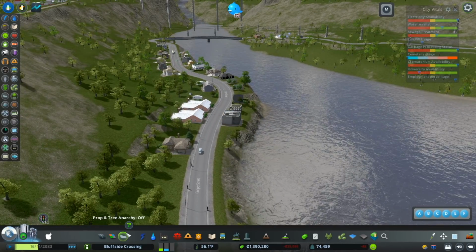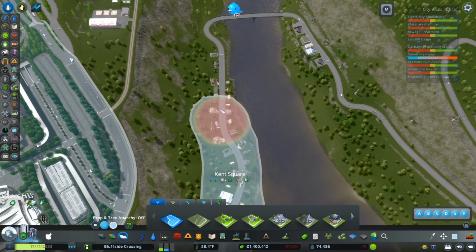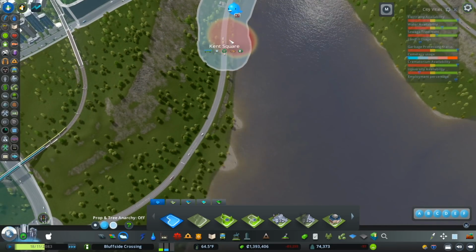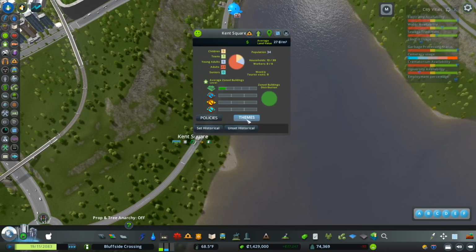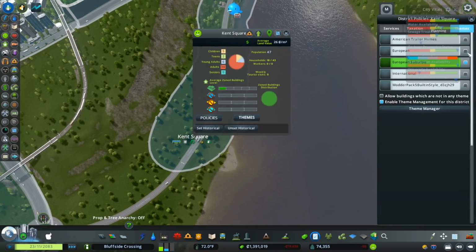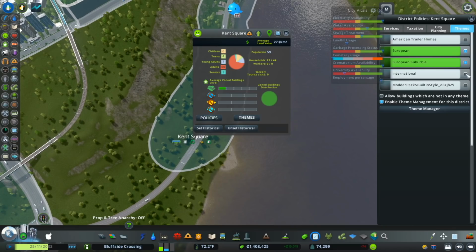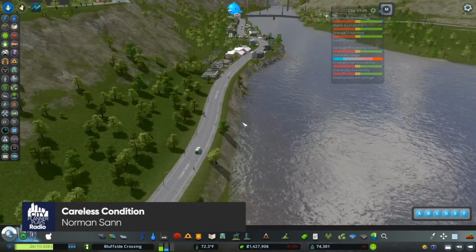ability to put a boat there or anything, but I am noticing that we have some weird buildings developing here. By weird, I mean we have the slums developing by the water. So I think I am going to give this a zone and set a theme. And I really like this European suburbia. Maybe I'll just do European as well. International. Basically everything but trailer homes, and we certainly don't want